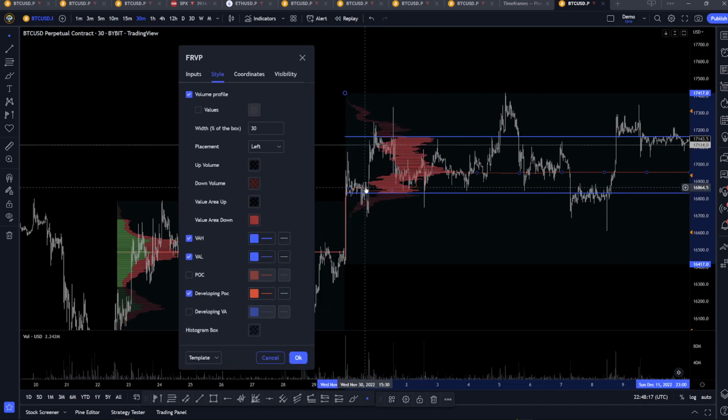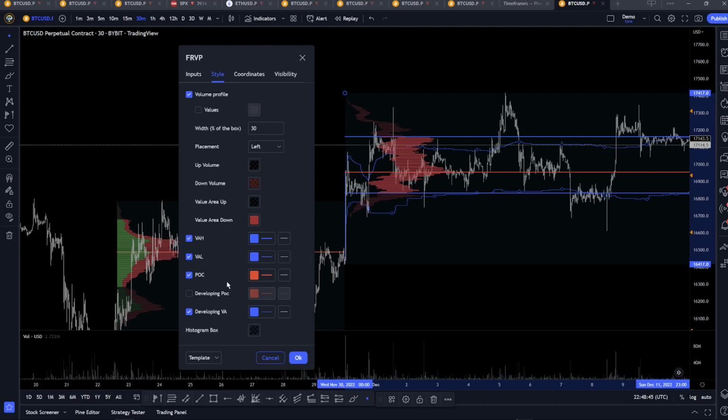Like when this was originally only encompassing this range, our point of control was down to here. And then as price moved on, the point of control jumped up. It has been pretty stable. Most of the volume has been in this area. Once again, it's up to you. You may find some value in that. But the one that may be more useful